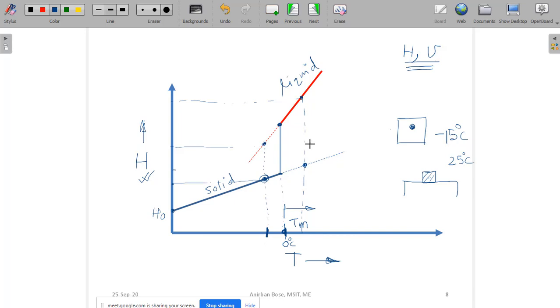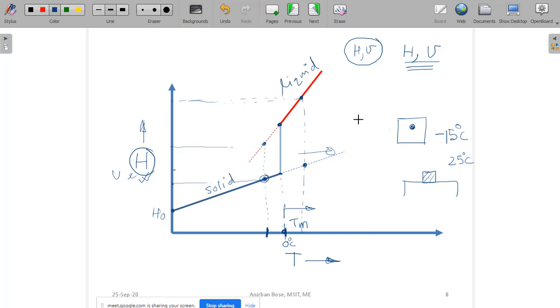That means the stability criteria, if we are looking for a stability criteria and the energy, that energy definitely is not enthalpy or the internal energy. That we can at least conclude, because this is not satisfying on the other half. For this part it is not satisfying. If it is the enthalpy, then definitely you will find that this liquid line was below the solid line in that region also. So we can conclude that H or U that we have learned in thermodynamics is not going to give us the stability criteria for the general material.